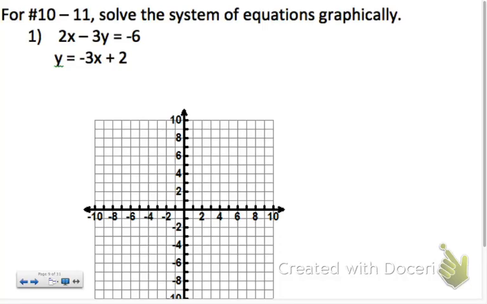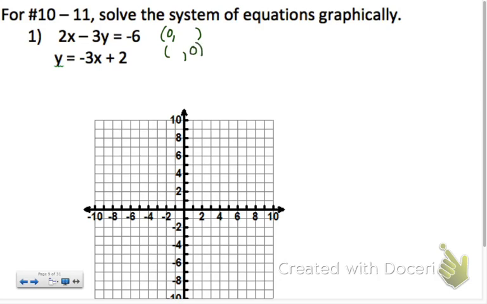Alright, so on a problem like this, we have two forms of the equation. We have the y equals mx plus b, and then the standard form equation. For the standard form, you can either find the intercepts, which you always see me do it like this. I do that,